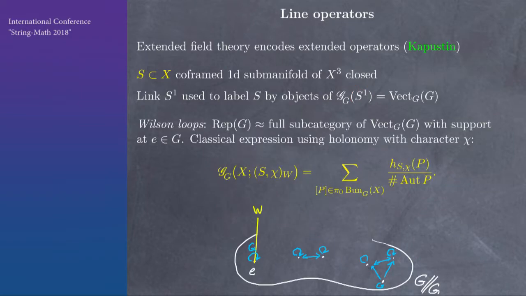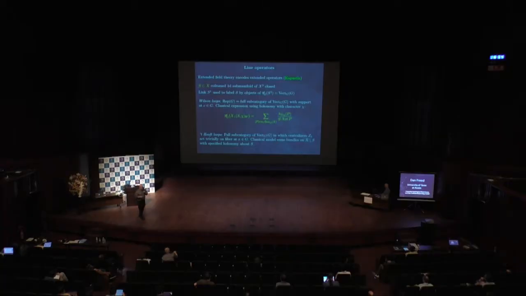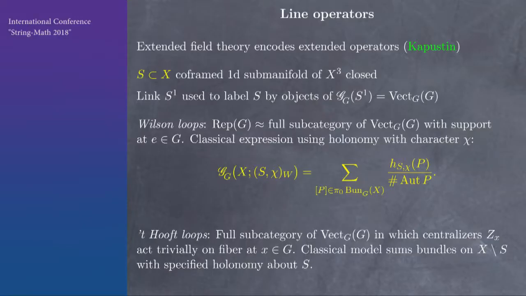And in this case, we have two special ones, which are the Wilson loops. Those are the usual formula for the Wilson loop given by a representation. And in terms of the vector bundles here, those are the ones that are supported just at the identity. So those are given by a representation of G. And on the other hand, there are the 't Hooft loops. And those are the ones where these centralizers all act trivially. So the irreducible one is just to have trivial rank 1 bundle supported on a conjugacy class. And that conjugacy class then twists the notion of a G bundle around that circle.